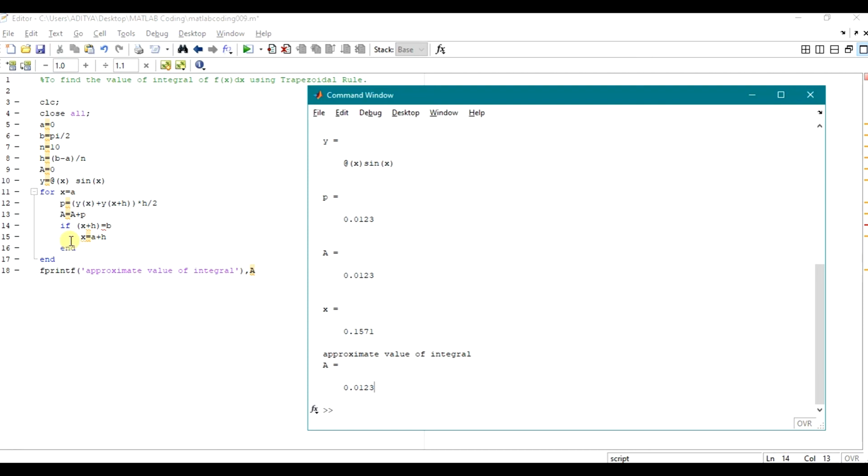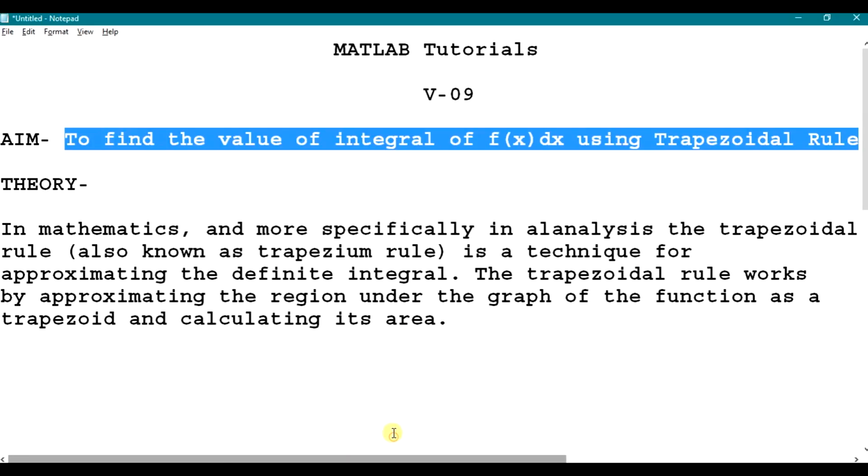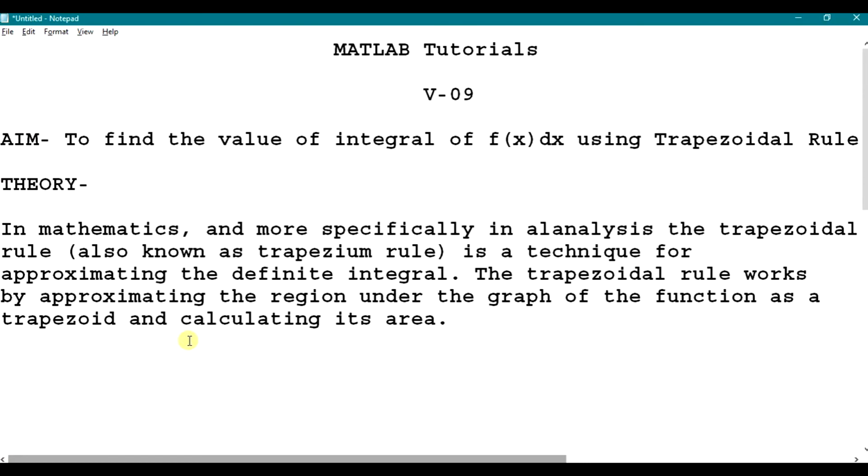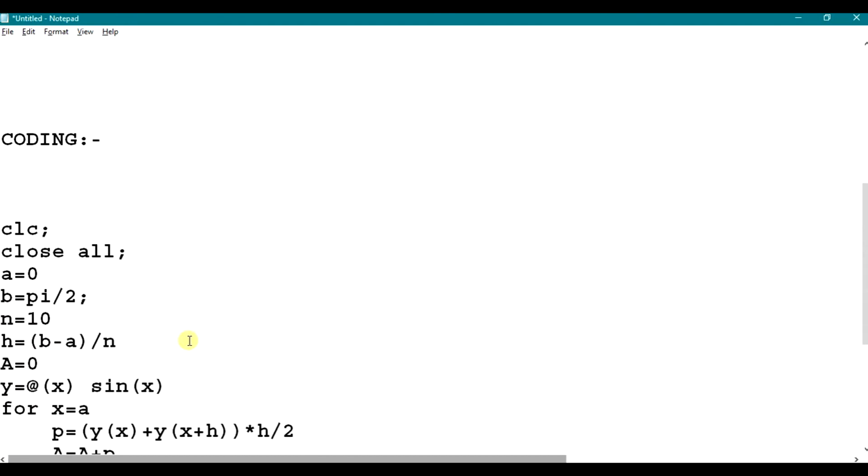Okay, so this is the end of the video. And one more thing, I'll just show you the coding here also. Those who were unable to see, here's the coding. The error is still in there. You can see I have not corrected it, not given the correct coding yet. So this will be given to you as a PDF attached in the description. You can tap the link and download it easily.